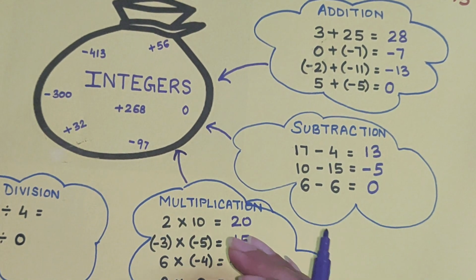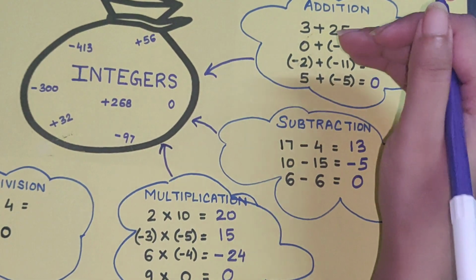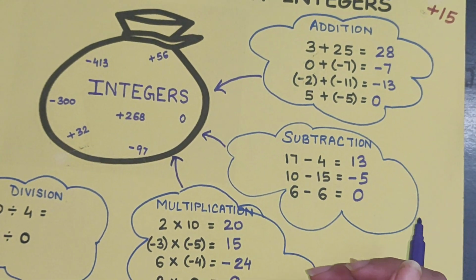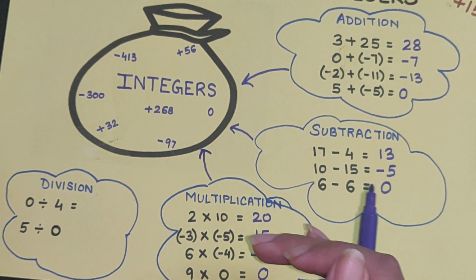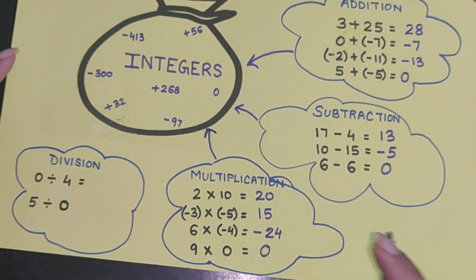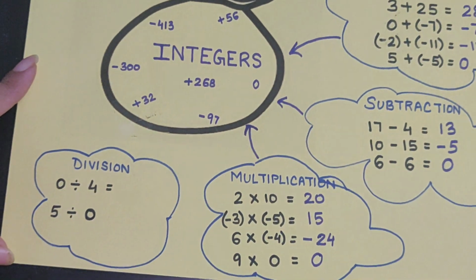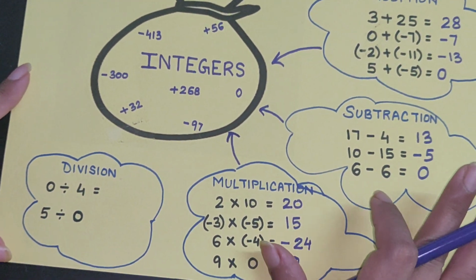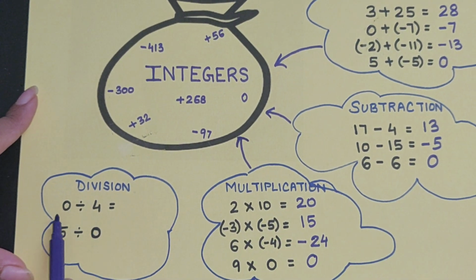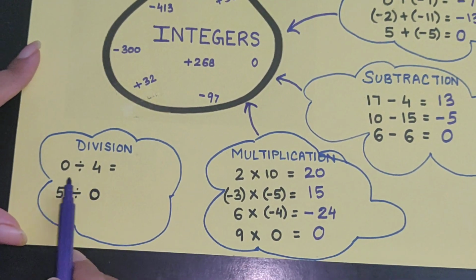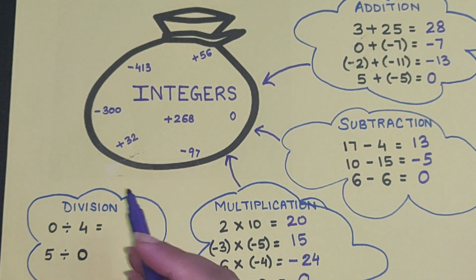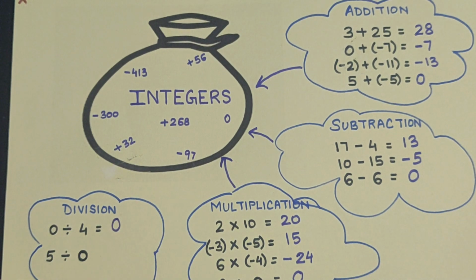So this is what we are trying to find out here, whether the sum of two integers is always an integer or not, the difference of two integers is always an integer or not, the product of two integers is always an integer or not. Now we come to the last operation, that is division. We have already found the answers for these three, which we will come to again. Now the division. 0 divided by any integer. We have taken the number 4 here, but actually we are focusing that 0 divided by any number is 0.